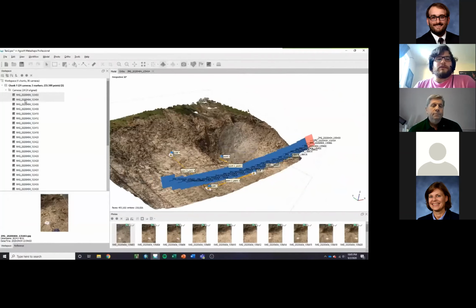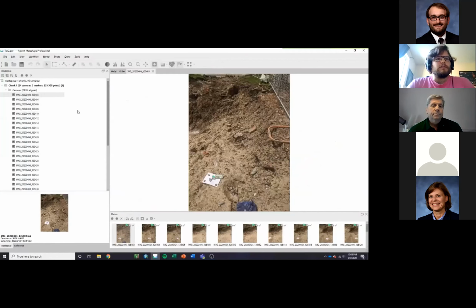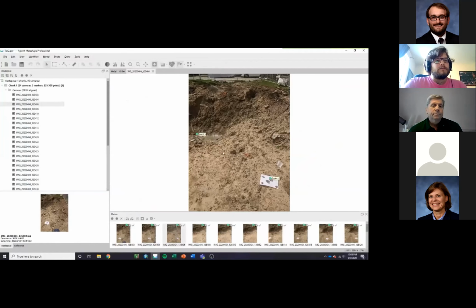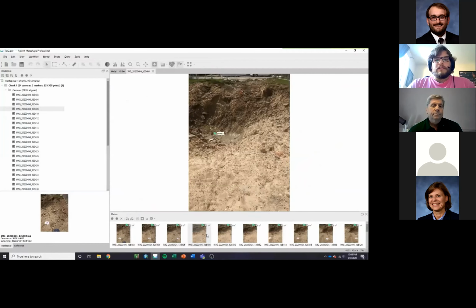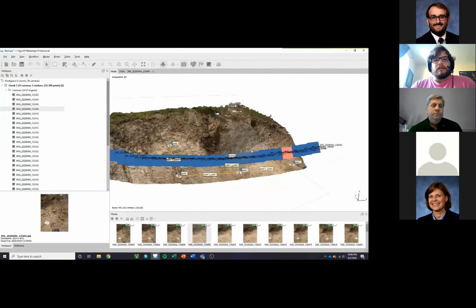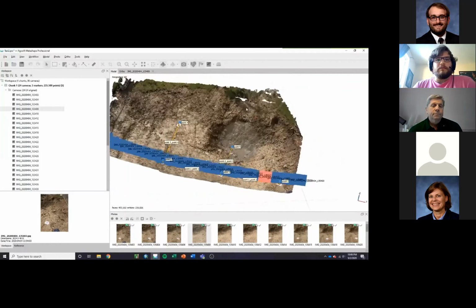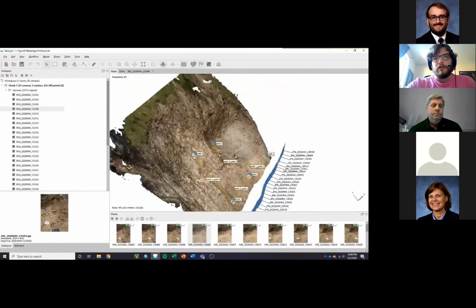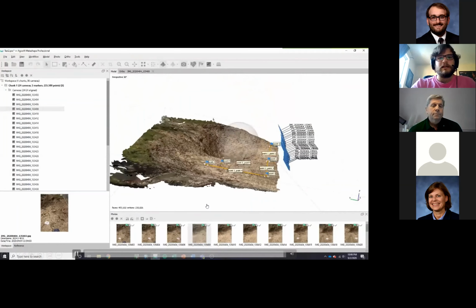If you're familiar with any type of GIS or CAD software, it uses a similar layering concept of importing all your images into a contents pane, and you're able to play with those images and everything. And so you can see those targets and all the images on the bottom there. And that's essentially all I was trying to let you see with that slide.